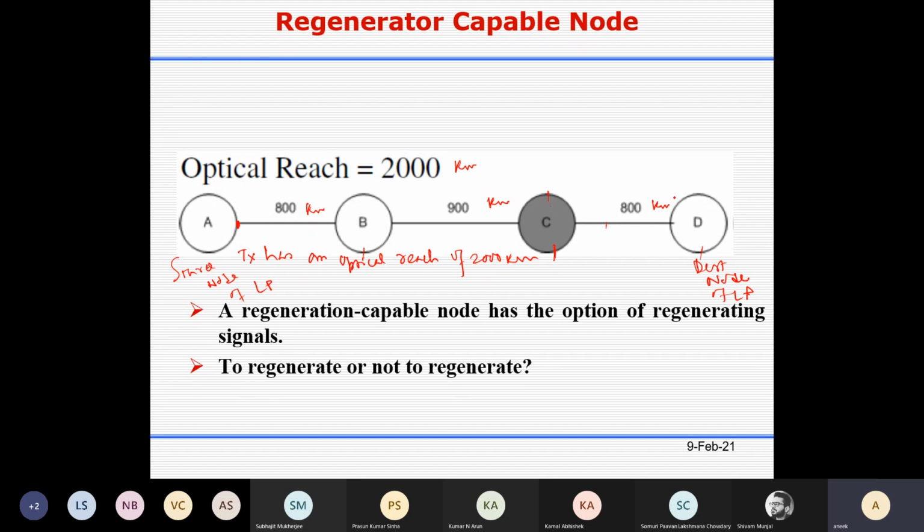If you want to transmit till this point, the distance will be 2500 kilometers, which is more than 2000 kilometers. That means the signal to noise ratio will be very low, so the BER will be very high. So this is a logical decision you have to take.